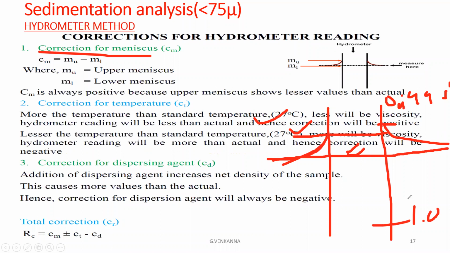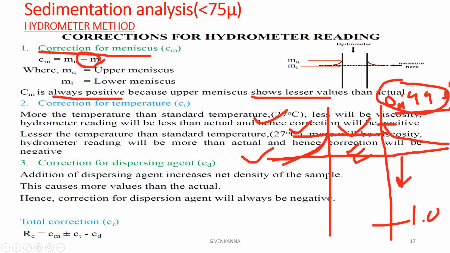So we get the higher values here at the bottom, while going deeper and deeper, and going to the upper position we get the lower values. Due to this correction, the actual water layer is like this, but due to the meniscus the water level shows a higher value, which means a lower reading at the top. So we always have to add the meniscus correction, and it is always positive, because it shows lesser values than the original values.